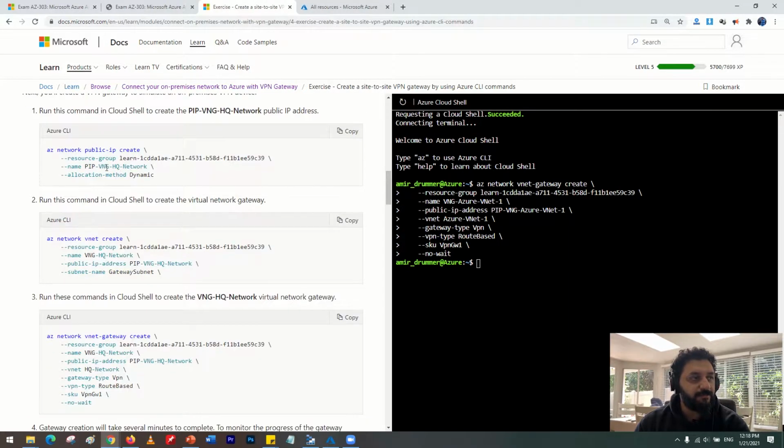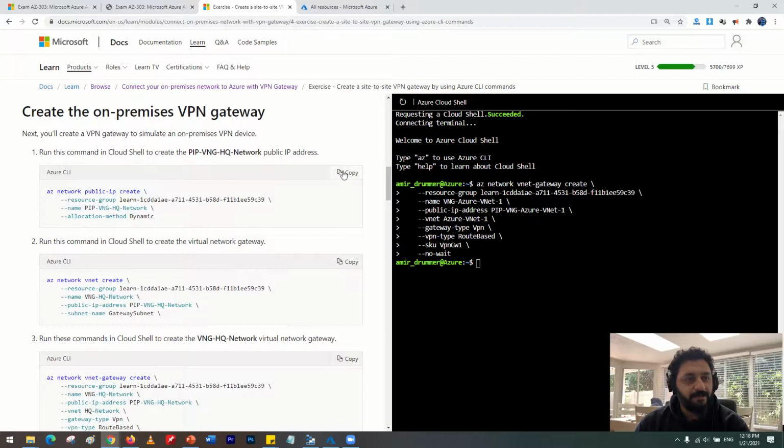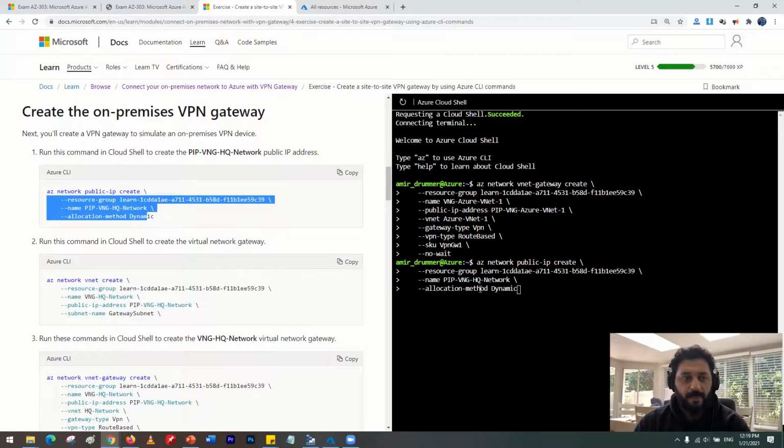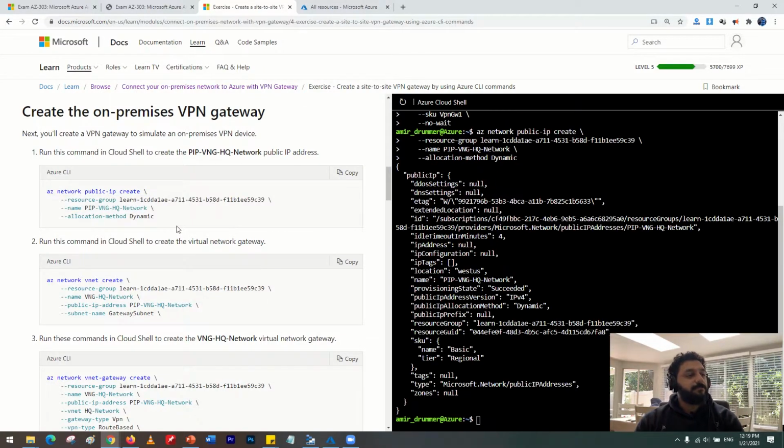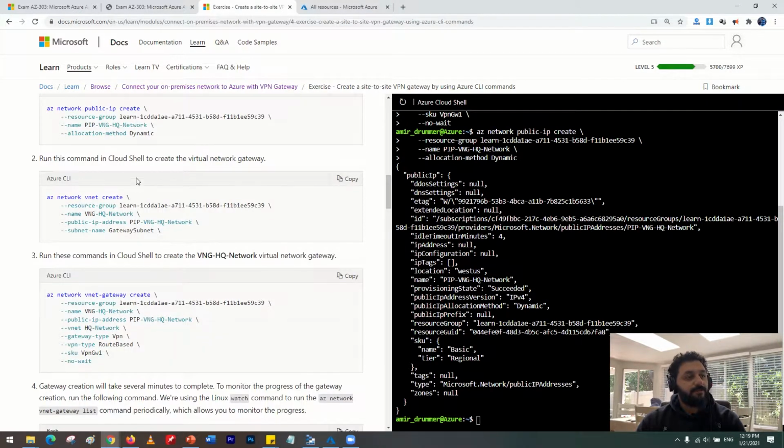So pretty much the same thing. We're going to create an IP address, right? This command is saying create a public IP address in the resource group. This is the name, and this is the allocation method, which is dynamic. So this is done. We run this command to create the virtual network gateway,